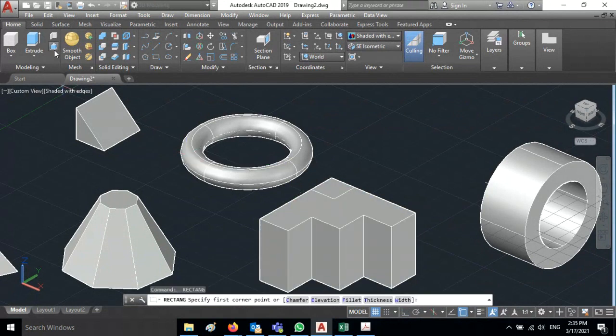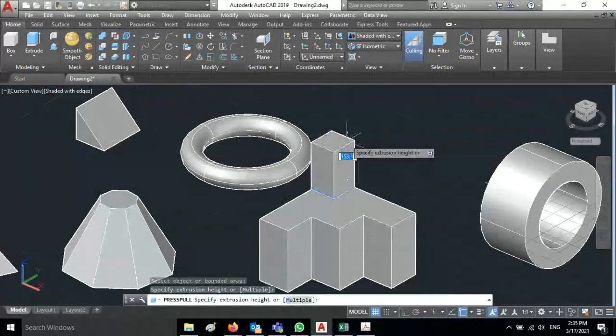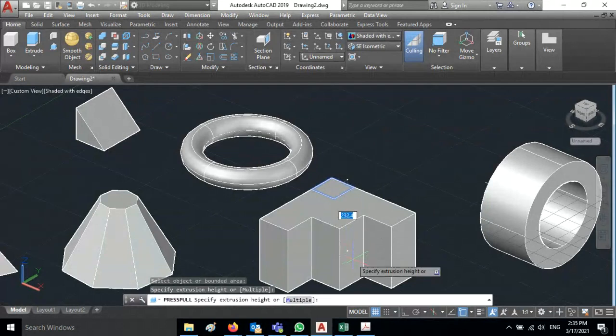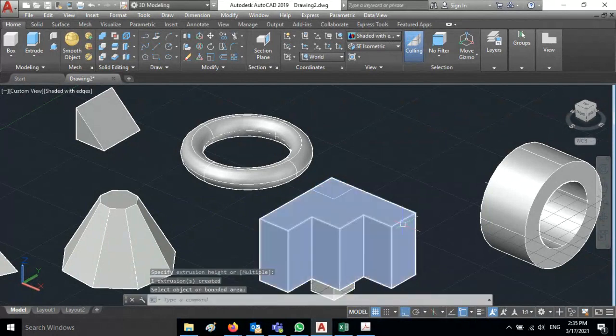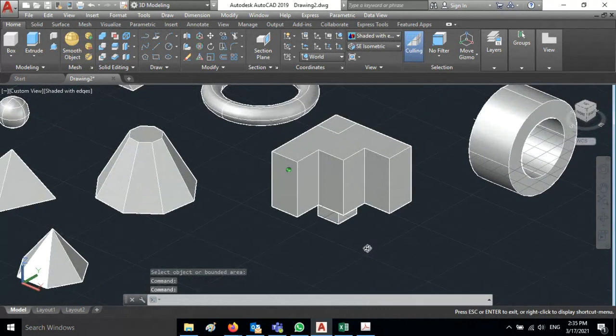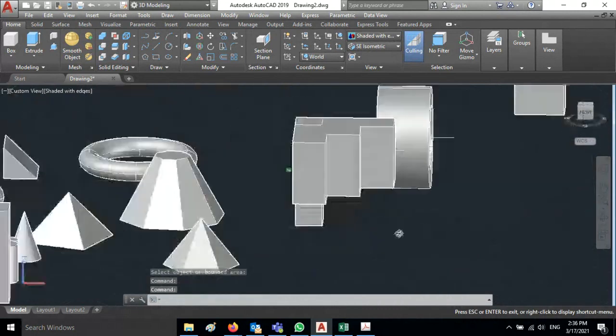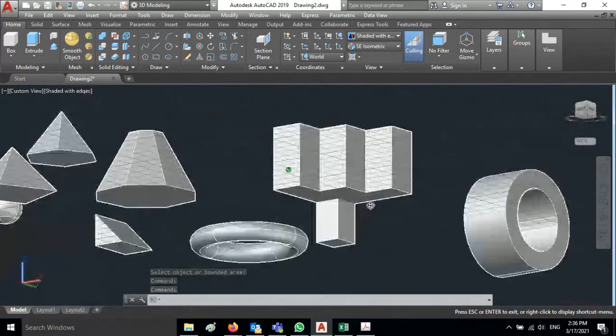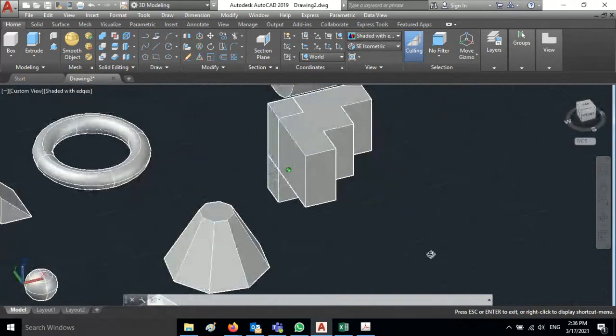Now if you use the press pull, select this, and if you bring it down, you can use this. Okay. This is also the press pull option.